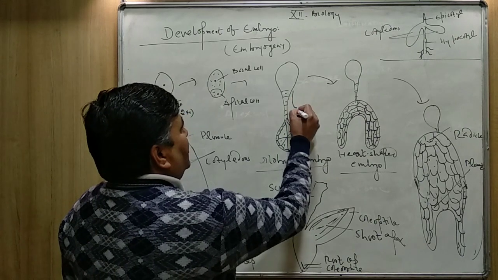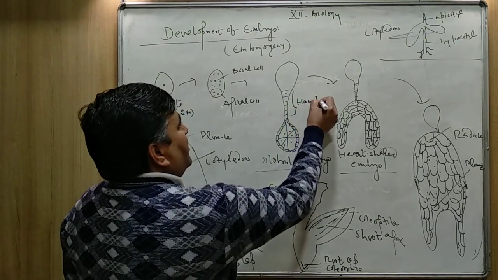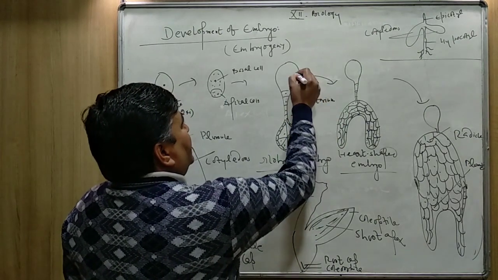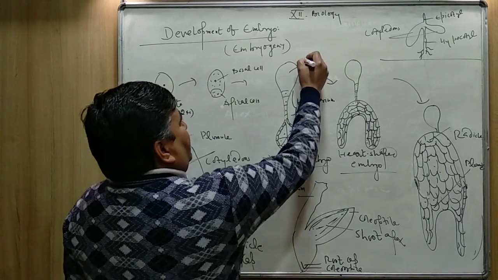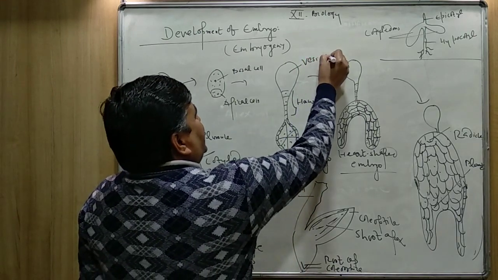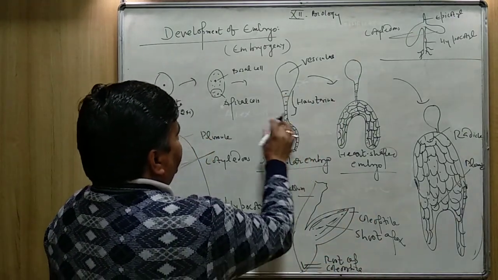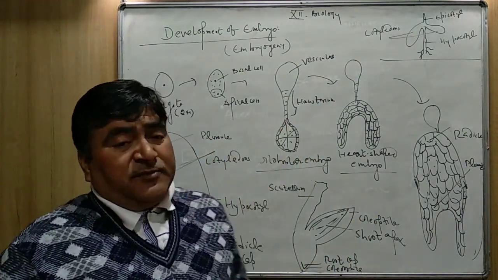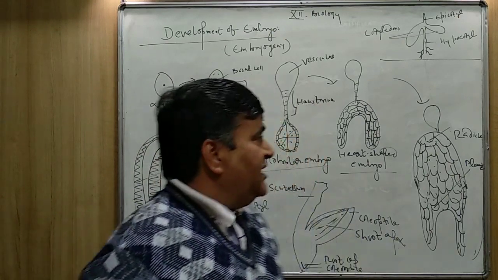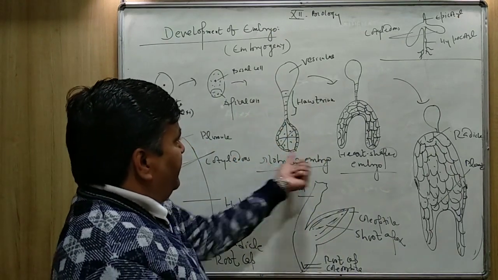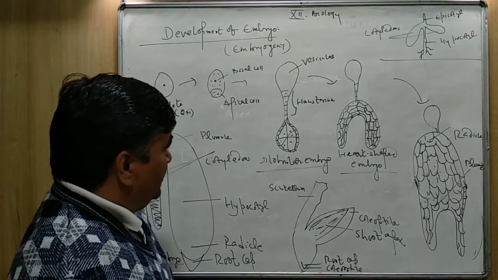Actually these cells are called haustorium. This is called vesicular. The labelings are not there, but this is haustorium. The apical cell, especially after the repeated cell division, forms the embryo which looks